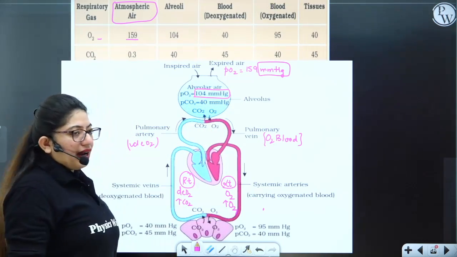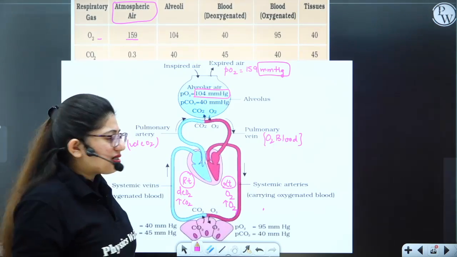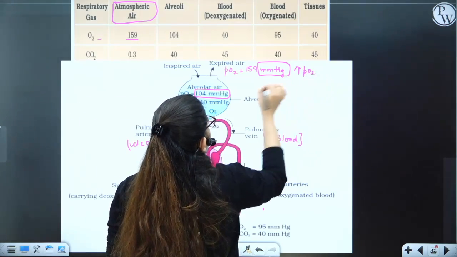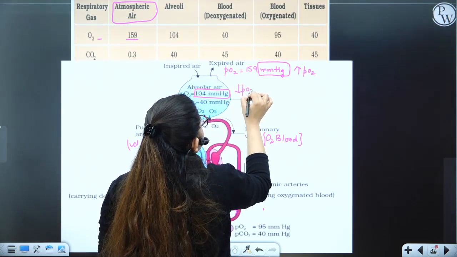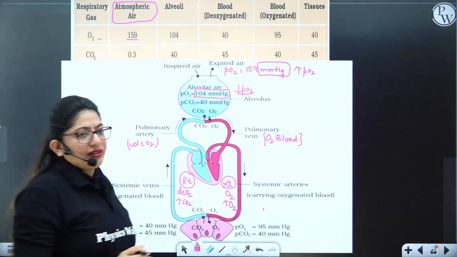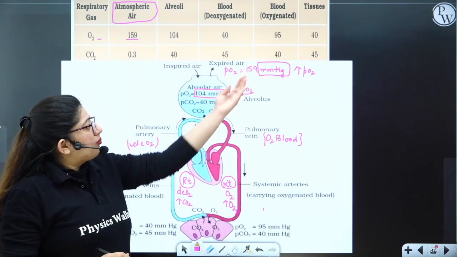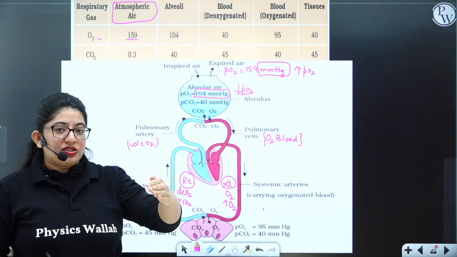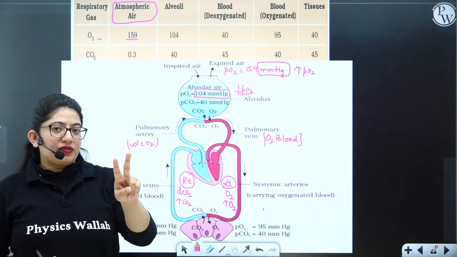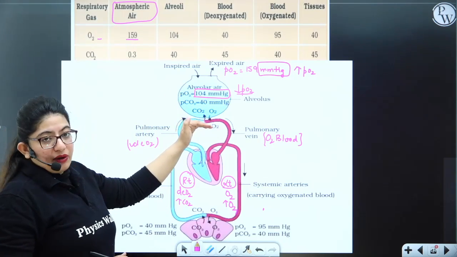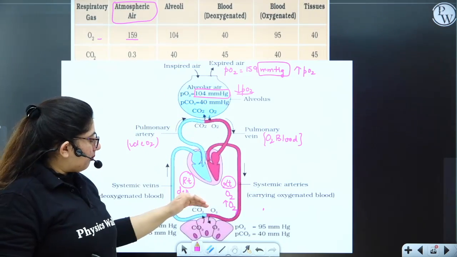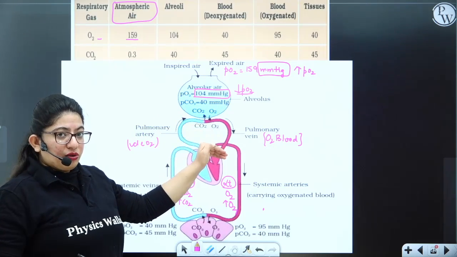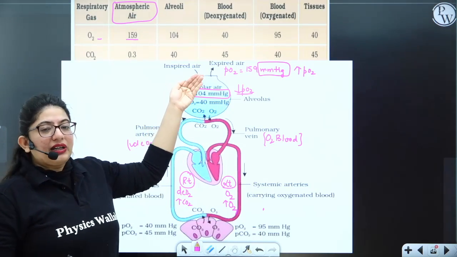And we say that the air or the gases, they move from high partial pressure to low partial pressure. Since oxygen is rich in the air, in the atmospheric air, so it will move inside the alveoli. Now, we have to exchange. I told you there are two sides of exchange of gases. One between alveoli and blood vessel. Second side is between blood vessel and tissues. So here, what is happening? The oxygen is entering into the blood and CO2 has been taken away.